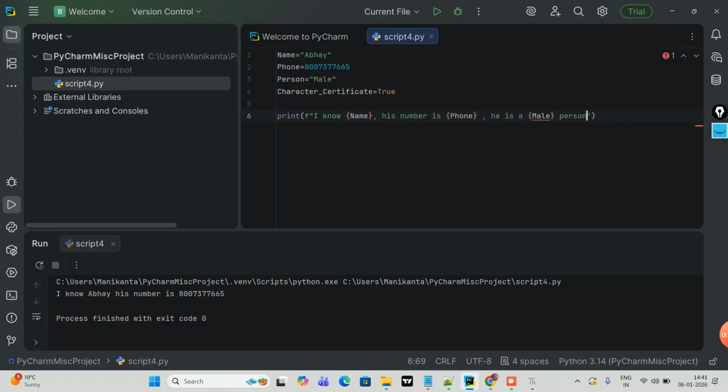He is a male person, just for example. So this should be the name of the variable. Okay, he's a male person. Now you see, I know Abhay, his number is this one. He is a male person